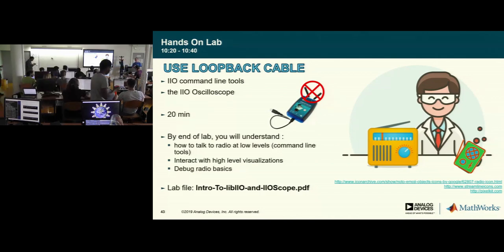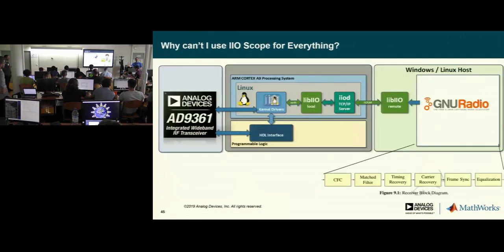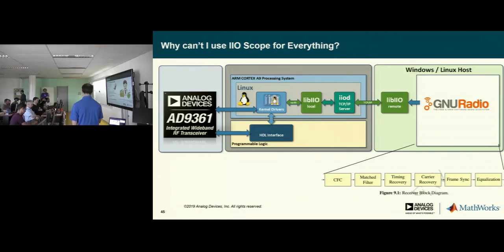Okay, we're going to move on to the next section. If you have questions after, please come by and talk to me, if you have more questions about the labs or the device. But we're going to move on and just talk a little bit about GNURadio and some of the components inside of it and what some of the knobs actually mean. But just before we do that,